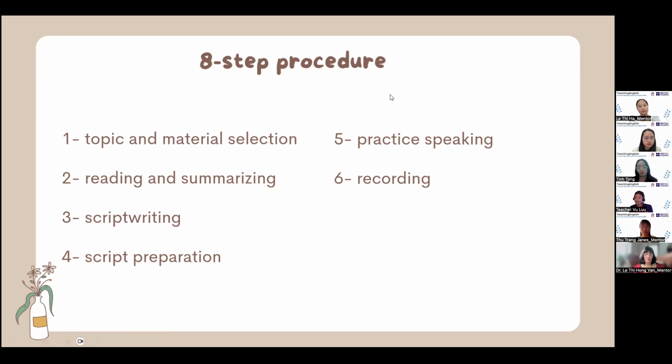And the 6 steps will be the recording steps, and then they will use the software to edit the videos, and the show time will be the times for their presentations, and you as teachers and the other students will give the feedback. So let's go into the details of